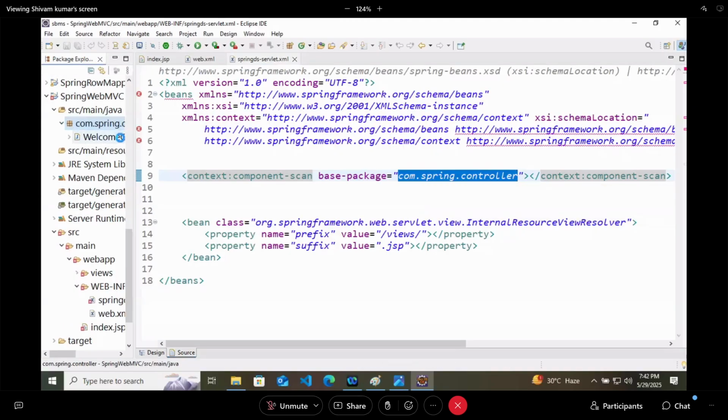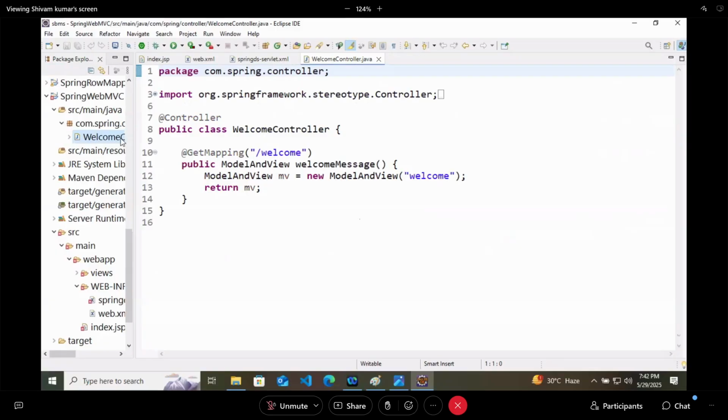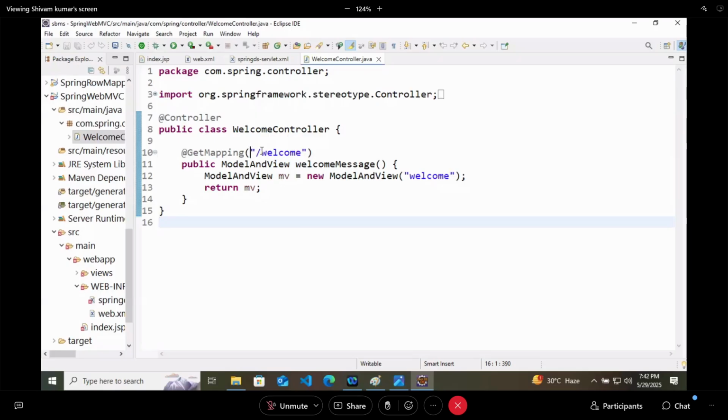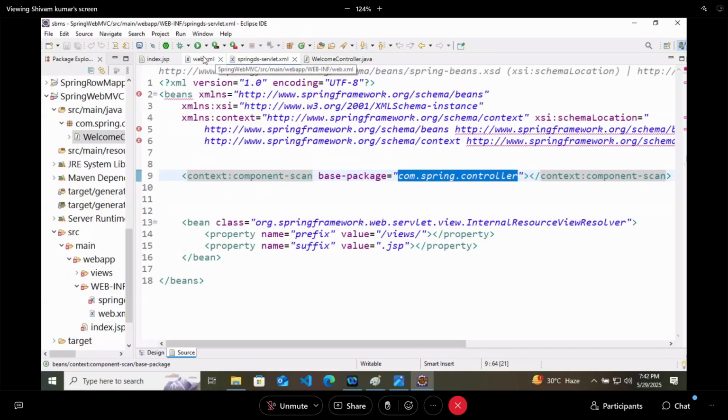It will check all the files which have requests like get mapping, post mapping, put mapping, delete mapping, request mapping, like that, slash welcome. Automatically it will check and it will return the name to the dispatcher servlet.